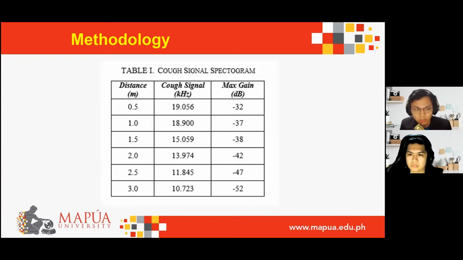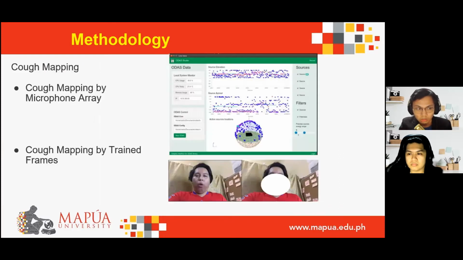Table 1 shows the cough signal spectrogram produced by the subject at varying distances from 0.5 meters to 3.0 meters away from the microphone array. Having these parameters will determine the consistency of the recognition system, detecting different intensities at a set of distances. After calibration of the optimal location and distance of the recognition system, cough mapping is the next procedure. The main function of the cough mapping is to identify whether a subject is coughing or not with regard to the cough audio signal. In addition, the recognition system will have a controlled environment in order to neglect some background noise